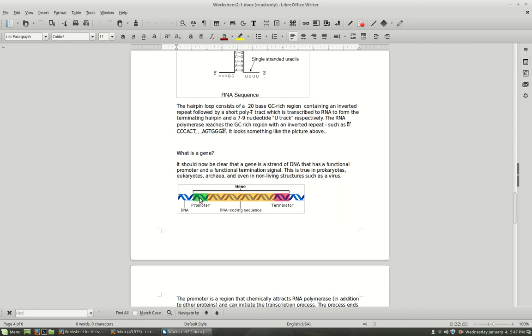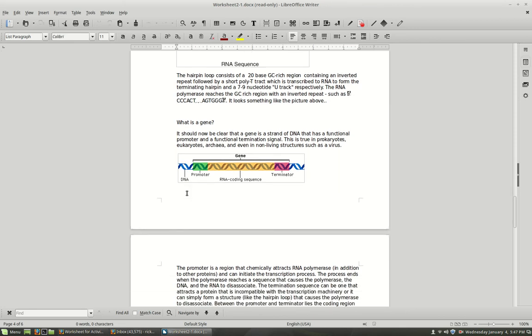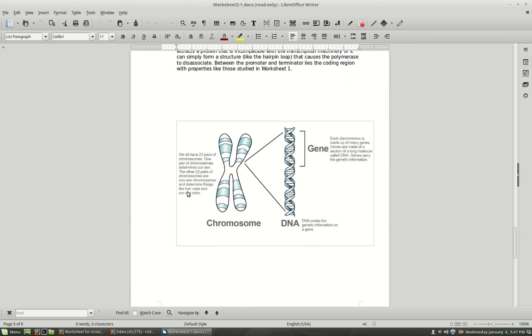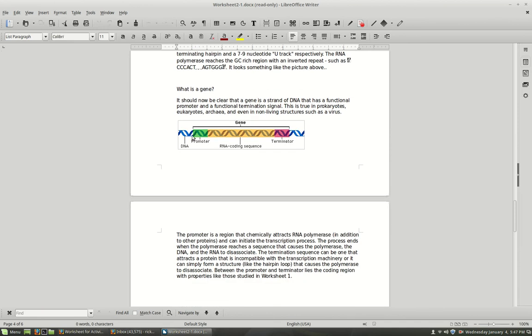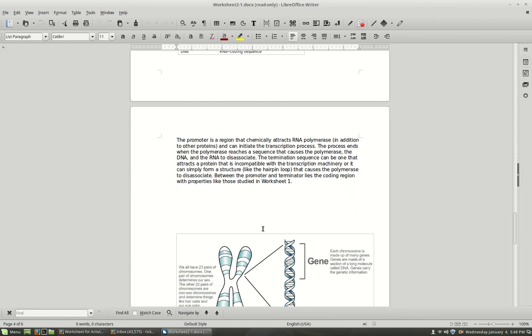The promoter region, at least in a bacteria, you're primarily looking at TATA boxes or something similar. You need to understand these things. You need to understand that these essentially are pretty much the same in eukaryotes. We have a lot more to offer in the structures for the promoters. There are many, many, many promoters, and the region is much longer in a eukaryote with a lot more regulation. The termination sequence or the termination signal can be a little different, but you still have primarily